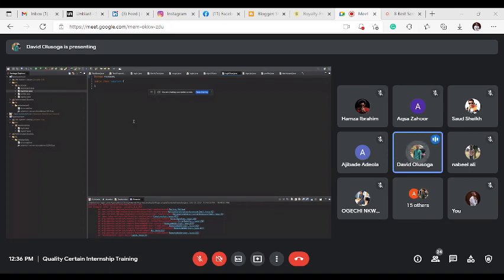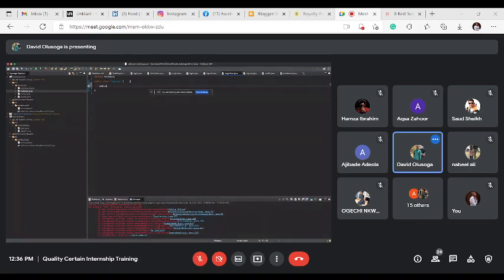We need to configure our Chrome driver now. So the first line of code we write is public static void main open brackets